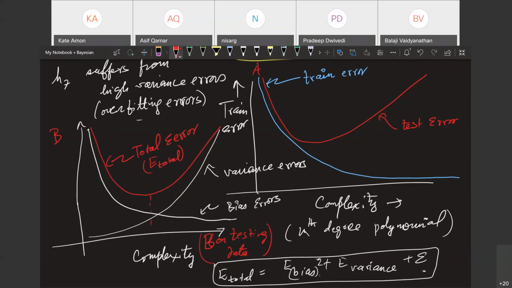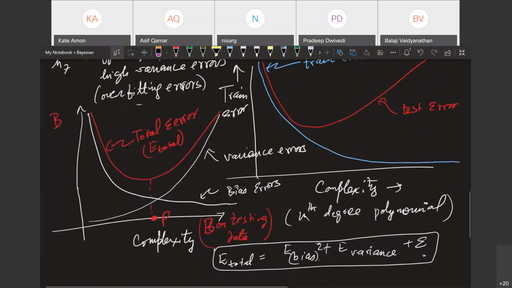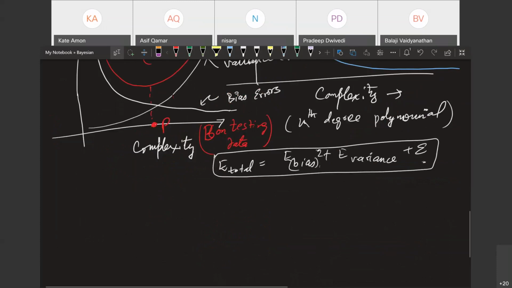So there will be a particular point, the perfect point. Let me call this point P. What happens at complexity P? The best model that we could fit to the data is at this complexity P,